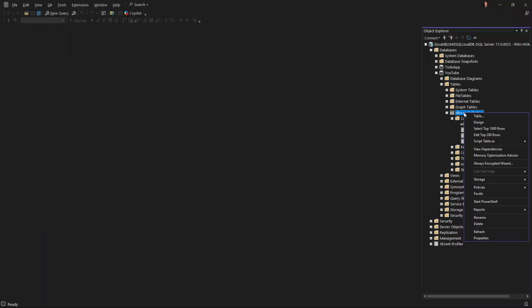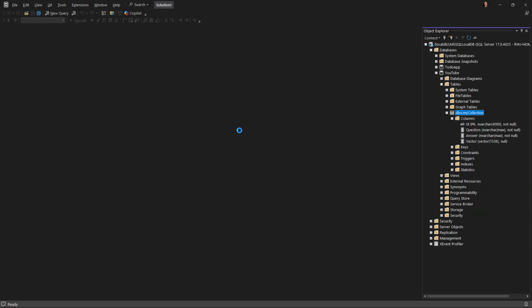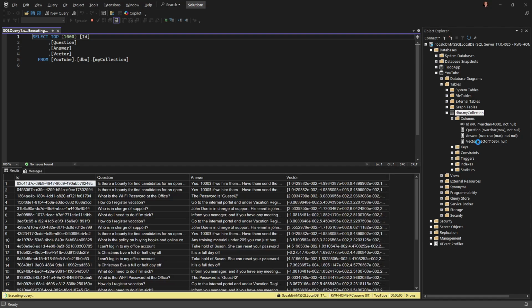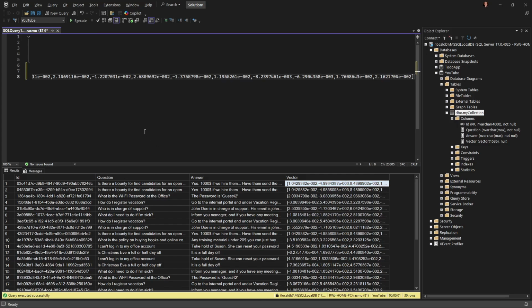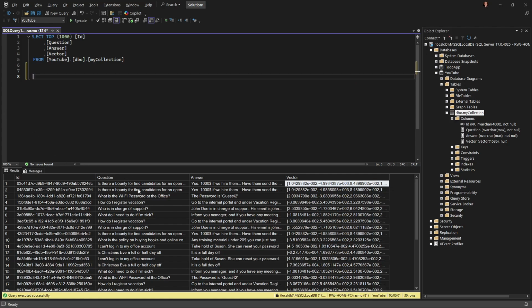And if we look at the data itself, the last being a special column here, you can see it's vector. The vector itself, if we grab it out, it's just a very, very long string. You saw I got a very, very long horizontal scroll bar here with 1536 different dimensions representing the question and answer that we run here.